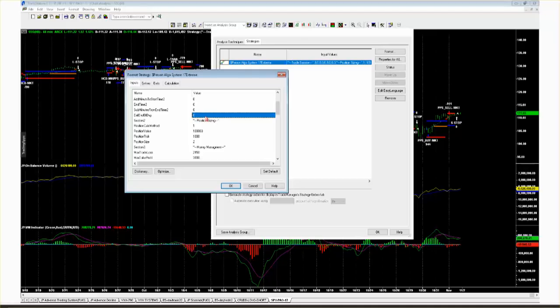0 is false, 1 is true. You can exit every trade at end of day. Position calculated method number 1 is set. This is SSO. It's an ETF, a minimum of $100,000. Did we change the position calc method?